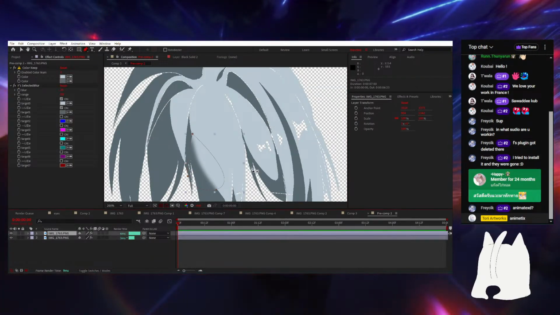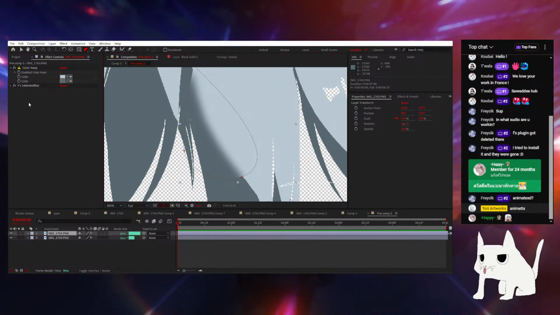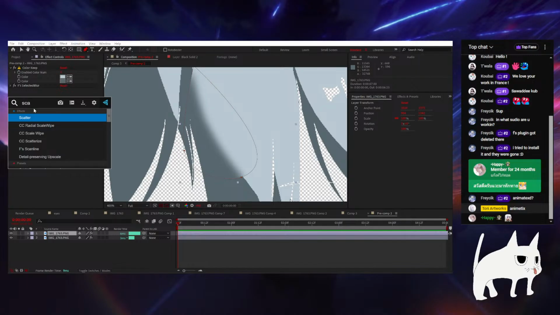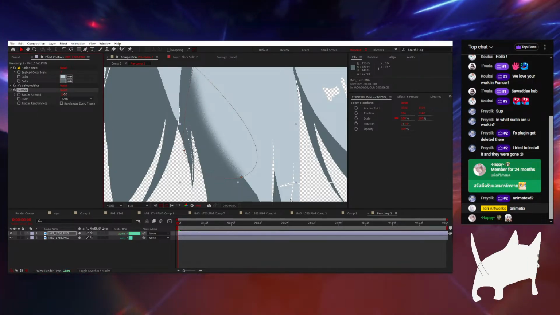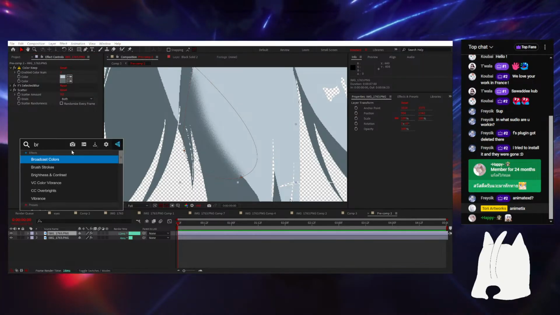Alright, and another thing that is covered is, if you want to make it more stylized, there are two plugins that you can put in here. The first one is Scatter, and it's going to make it more texturized. As you can see, it's a bit more texturized. And another one is the brush strokes,